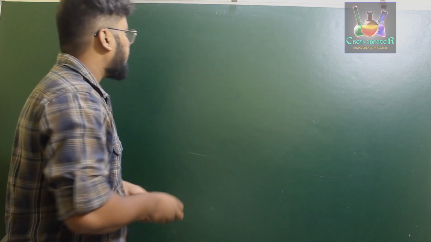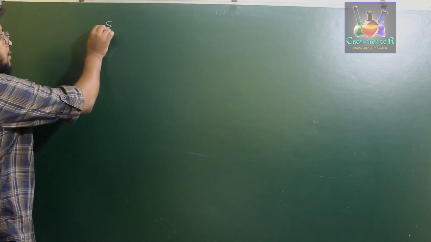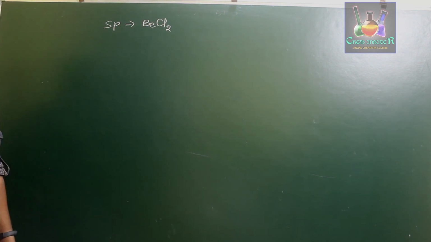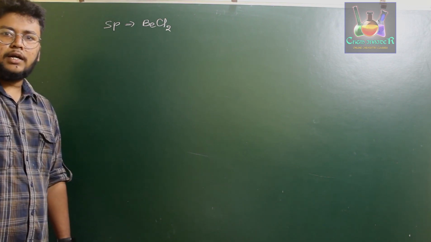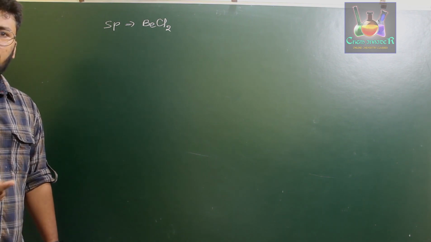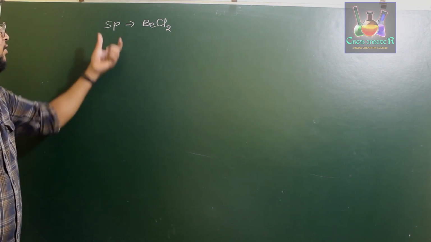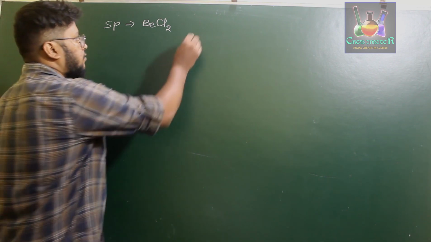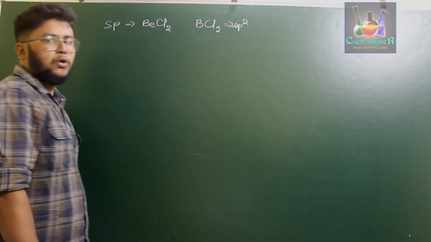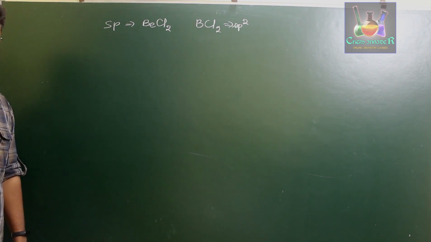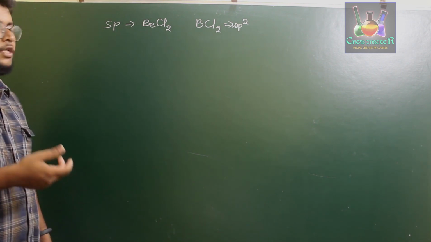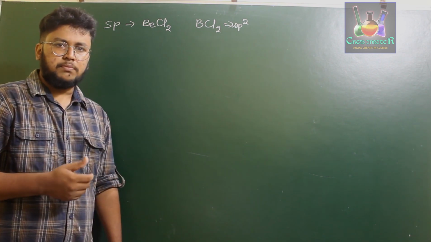For example, for sp hybridization, we took the example of beryllium chloride, where beryllium had 2s2 electrons in its valence shell, which on excitation form one electron in the s orbital and one electron in the 2p orbital respectively, which led to the formation of sp hybridization. And if you consider boron trichloride, which we also discussed for sp2 hybridization, boron had 3 electrons. So now, what if certain compounds have more than the required electrons to undergo sp, sp2 or sp3 hybridization, and how is it going to take place?